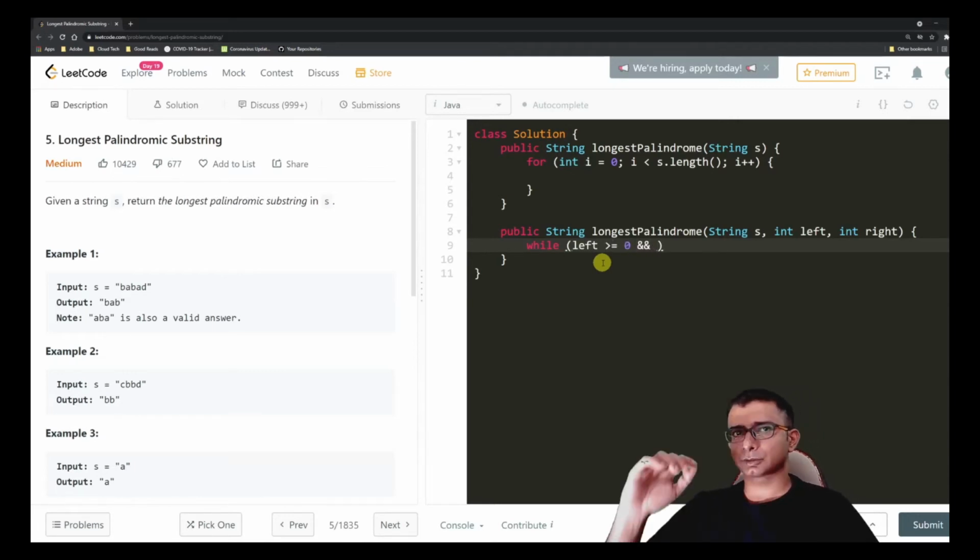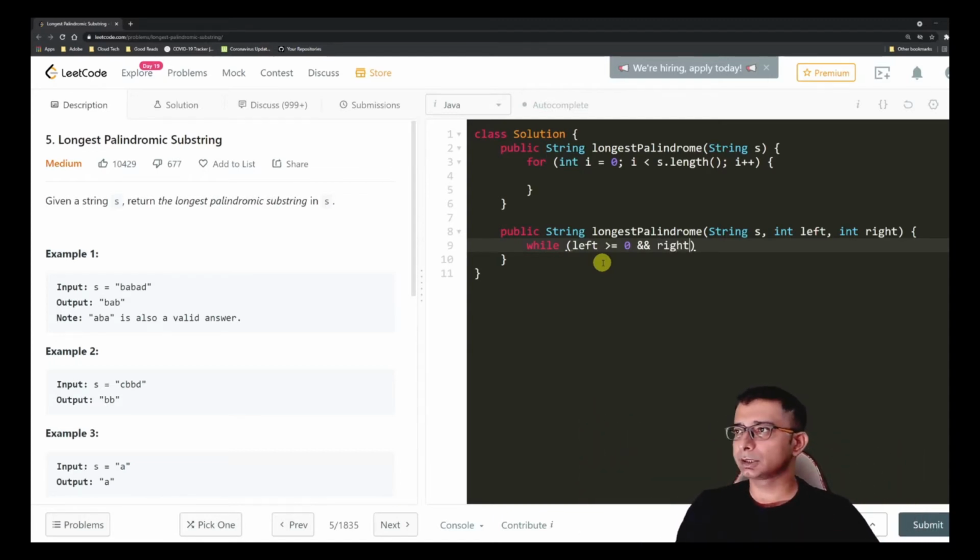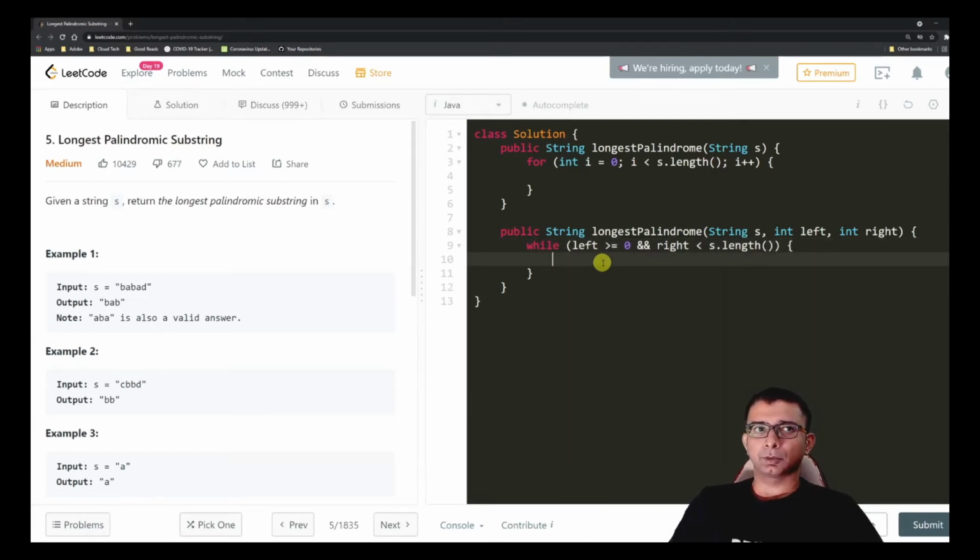And if you look at the solution, what will happen is that left and right will never meet because they are going in the opposite direction, right? So we don't need that check that we generally do in a palindrome. And the right should be less than s.length, right? And what we are going to do over here is continuously check. So we'll return an int from here. Basically, we'll return the index and we'll take care of all those things